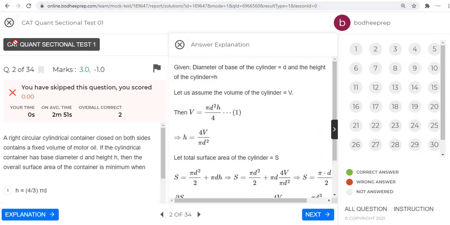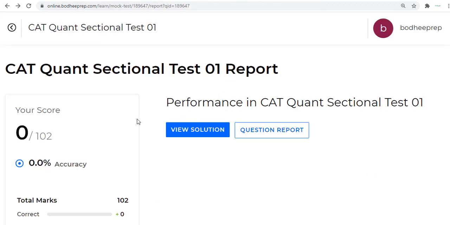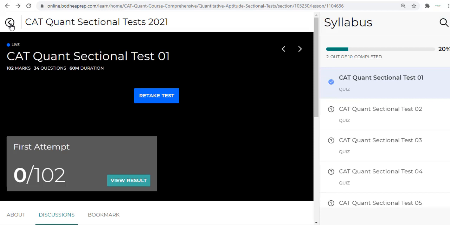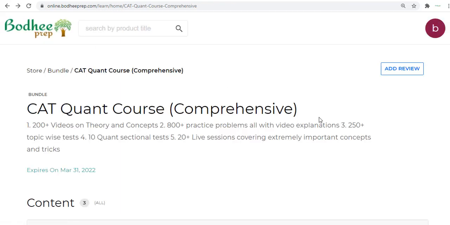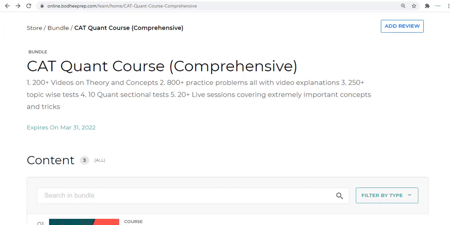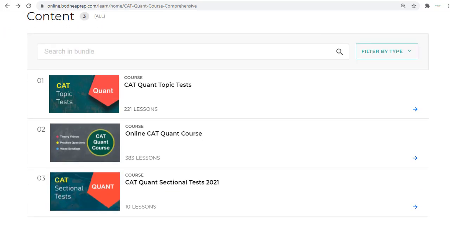Once you have done the sectional test, then you can go to the mock tests. Now the CAT Quant course does not include the mock test because as of now it doesn't include the mock test, but in the future we are planning that we will make the mock test a part of the course. Of course the price will go a little higher in that case, but yes, after the sectional test you can go to the mock tests and you can complete the mock tests. So that is how we have the Quant course distributed,